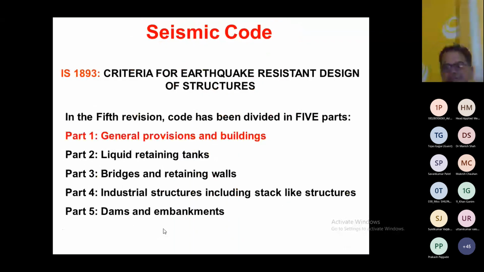So now we come to the main part, that is the seismic code, IS 1893. The IS 1893 gives you the criteria for